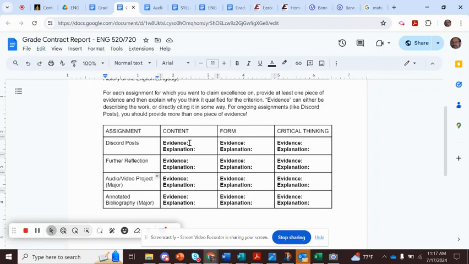But above all, what I love about the grade contract format is it flips the script by saying that rather than me giving you back negative feedback to justify any grade that's lower than an A, I want you to tell me what you think you've been doing really well in the class. I mean, at its heart, if you do that in the grade contract report, then you're doing it absolutely correctly.